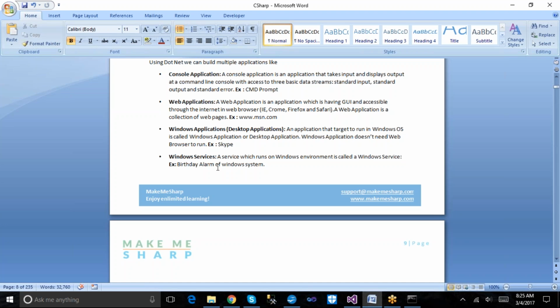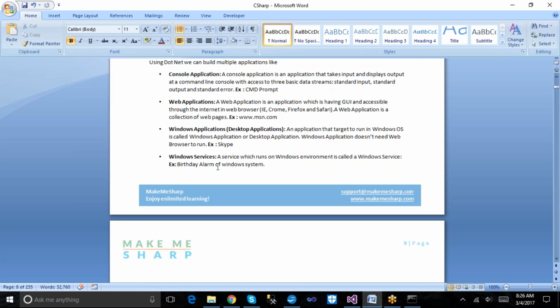A web application is an application which is targeted and run on the web server by accessing the web browser. We can define a web application in such a way: any application which is targeted and run on the web server by accessing the web browser, we can call it a web application.